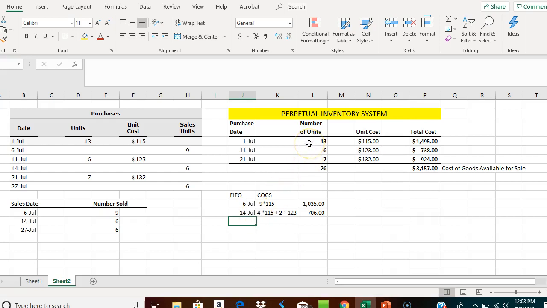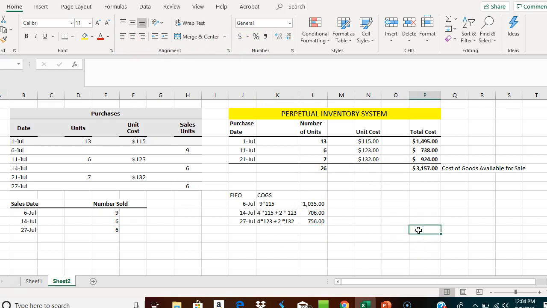Now, what you must do is keep track of your inventory. All 13 of those have been sold, and we sold 2 of those 6 units. On July 27th, we sold 6 units. But again, the question remains, which 6 units did we sell? Well, we're going to sell the 4 remaining units from July 11th, and those 4 are at a cost of $123 apiece. And we're going to sell 2 of those 7 units purchased on July 21st, and those 2 are at a unit cost of $132 per unit. So our cost of goods sold is the 4 at 123 plus the 2 at 132, which on July 27th would total